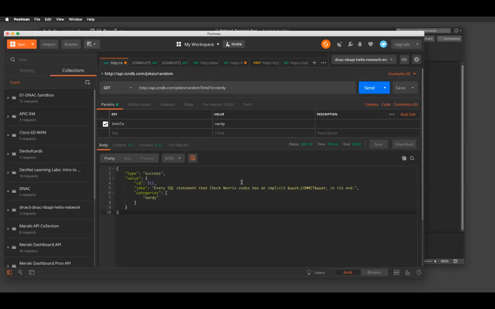So that's one of the more simple ones, but I want you all to take a moment to go into the chat window, copy that in there, paste it in the URI, make sure it says GET, and just hit send and make sure that you're getting the response back. And that's pretty much your first API call if you haven't already made one.